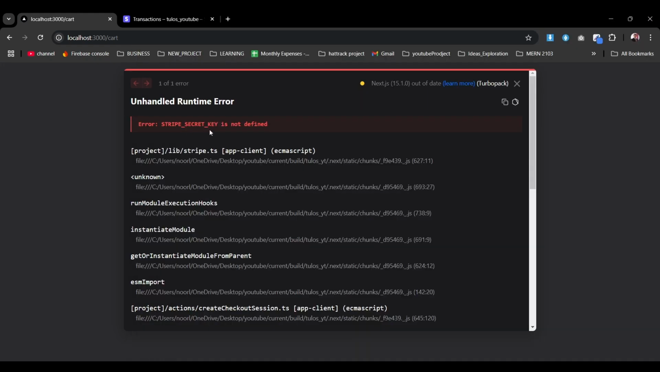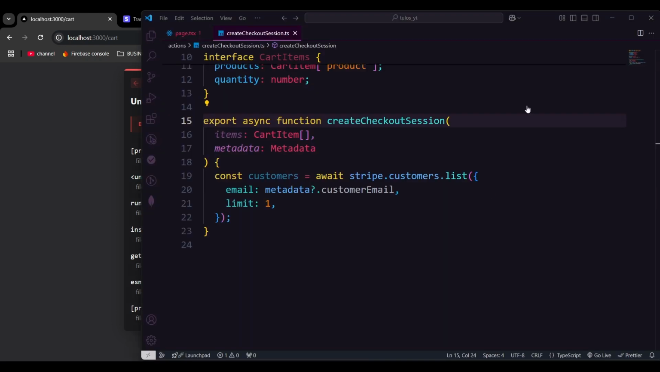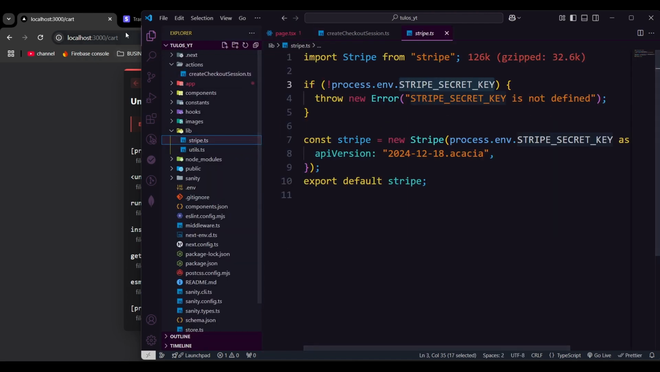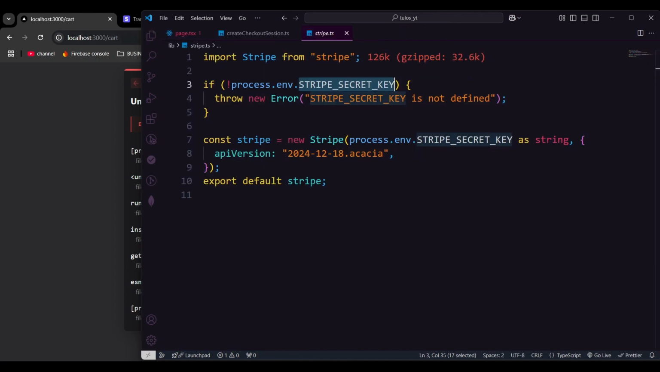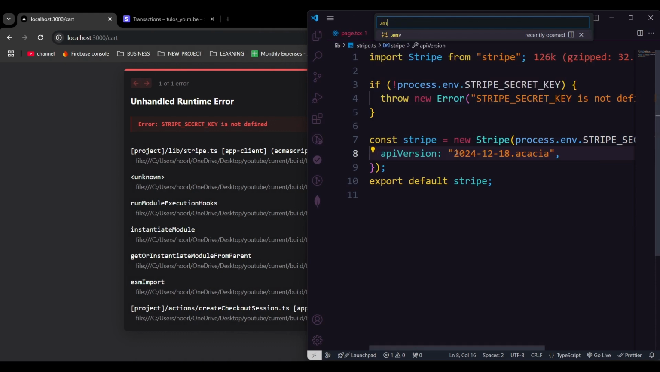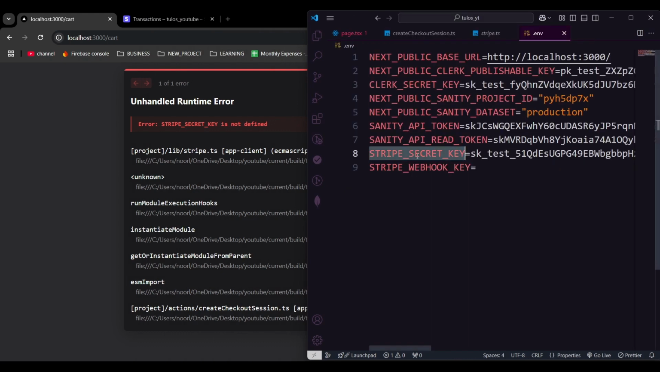So what's it saying here? Stripe secret key is not defined. Okay, we can just check in our Stripe file if we made anything wrong. If the process.env Stripe secret key is not available, then it will throw that Stripe secret key is not defined. Okay, what I'm gonna do, I'm gonna check that env. So that's the key we use, Stripe secret key. And if we come back here,